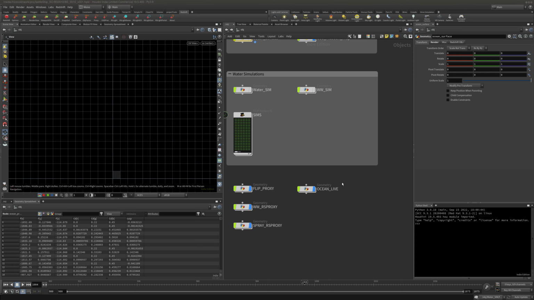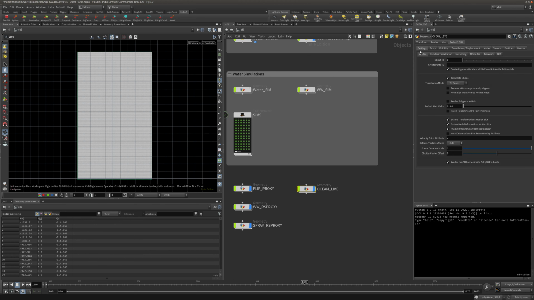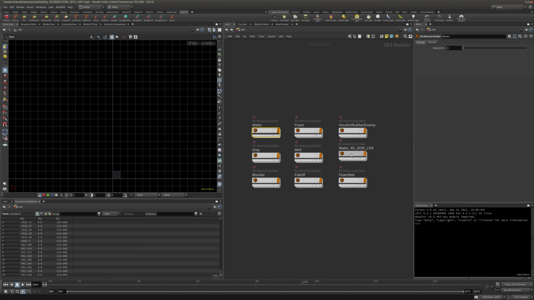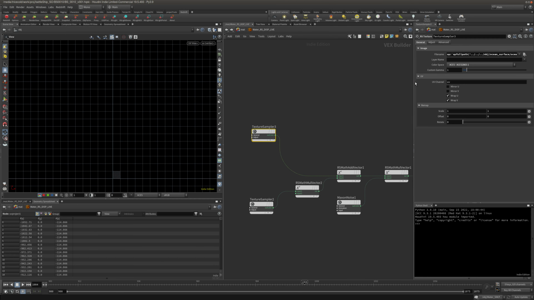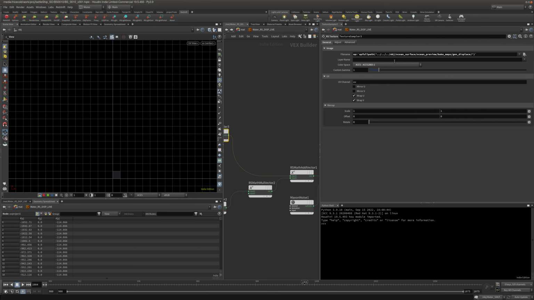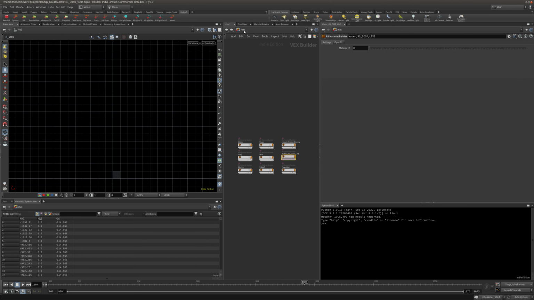So what's important here is the ocean render live in Redshift properties. We're gonna be rendering this object with our water RS displacement live shader, which is this. So what's happening here? Texture sampler is going to be looking. So instead of writing out an EXR, we know that